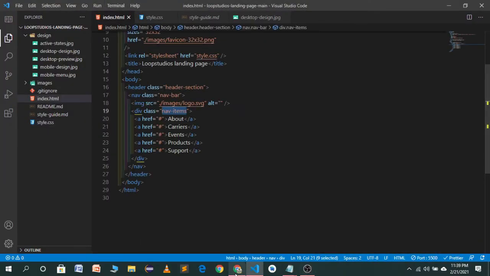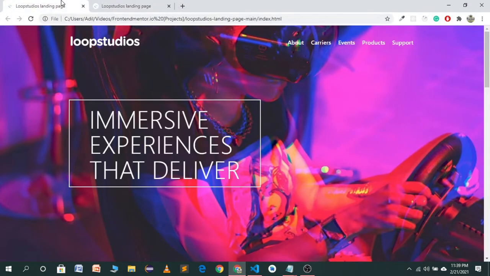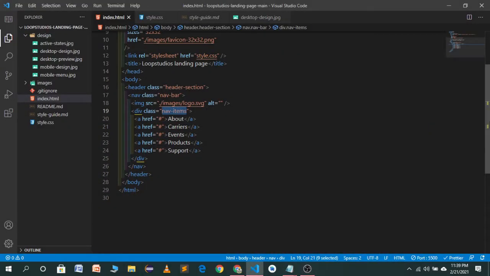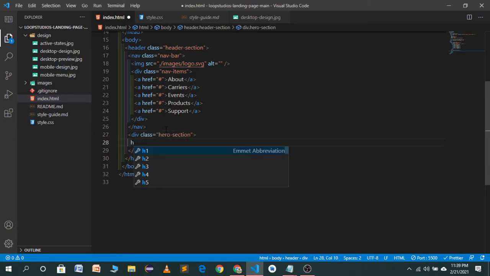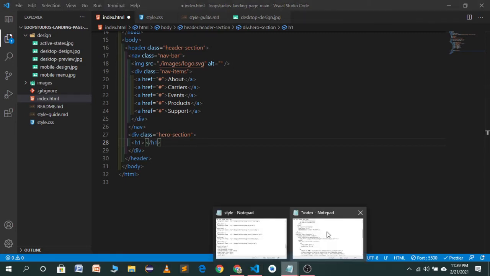The second part of our build is the hero section, where we have this beautiful looking title. So let's move to the next part. Under the navbar we have a hero section, hero dash section, and in it we have a heading which will say, so I will copy the heading.